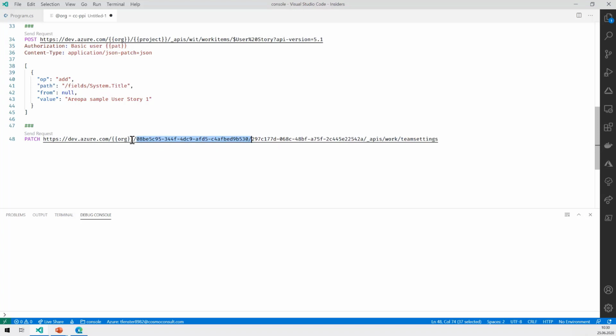And then we need the project. Oh, wrong one. Project. And as we're changing a team setting, in that case, we also need a team. We need the authorization and the content, and I'll just copy that one over here.